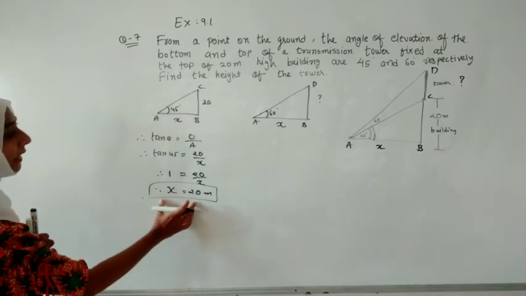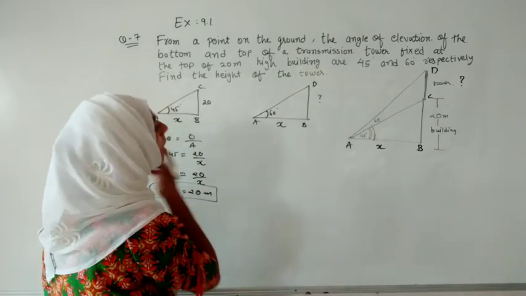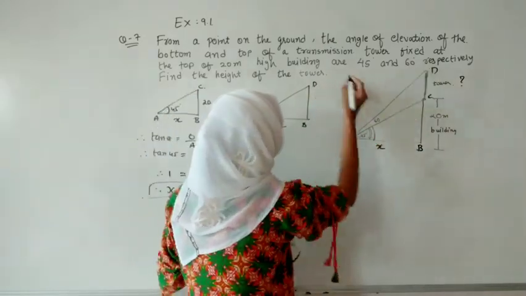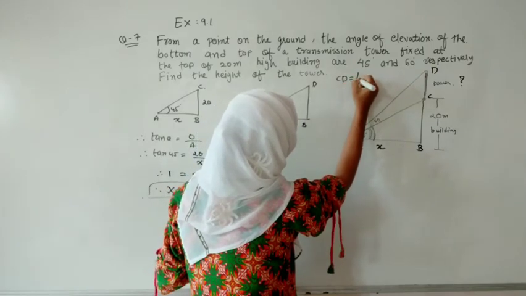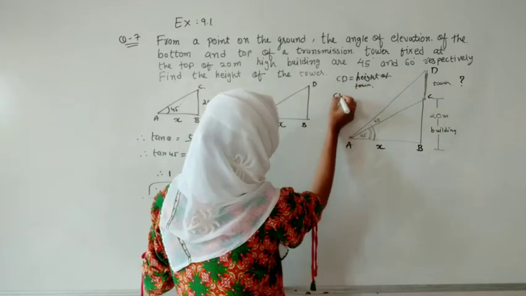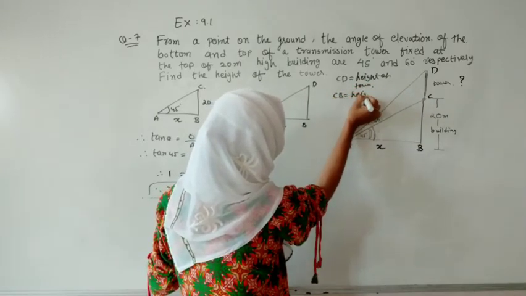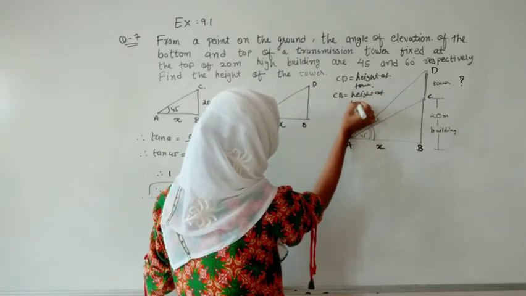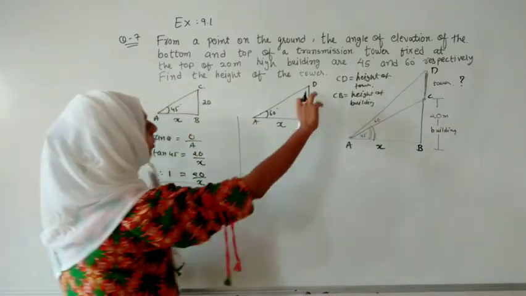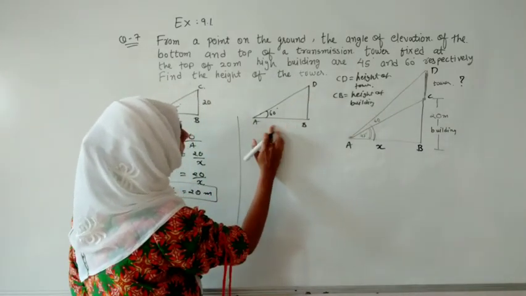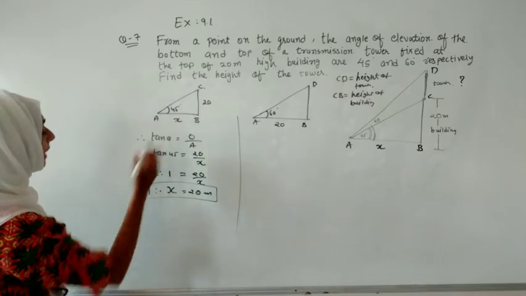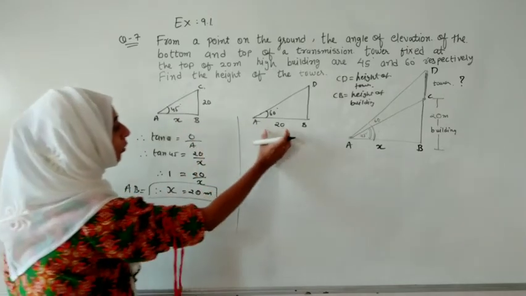Now whatever x we are getting over here, we will use for the second figure. So here again I will apply that this is the combo of two things. We have to find CD. CD is what? Height of tower. And CB is what? Height of building. Again, if we are talking about opposite upon adjacent, this time we know that adjacent is 20 because we just found that x, and what is x? x is AD. So we will use that over here in the second figure.